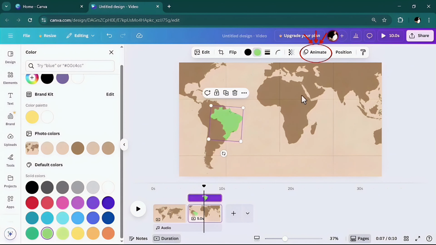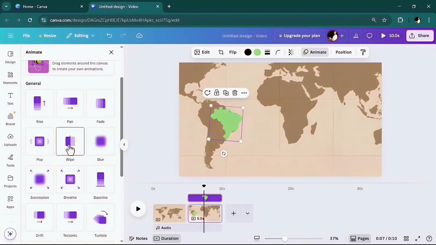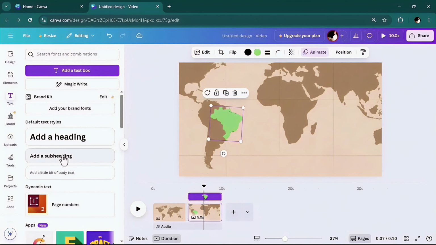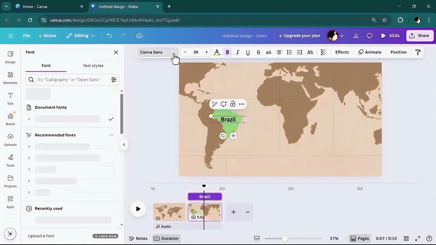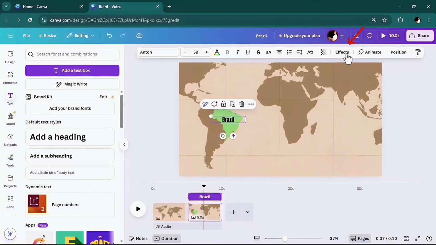In the next step, I should animate the map. Click on animate and select one of the animations and select this one, wipe. Then I should add my text. I can change the font. You can also add some effects if you want. Also, I will animate my text